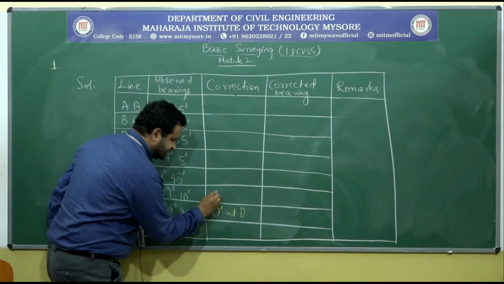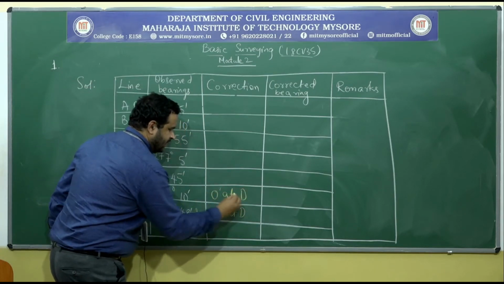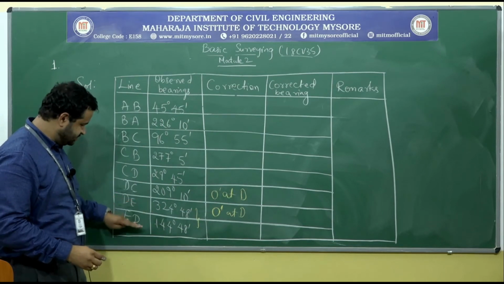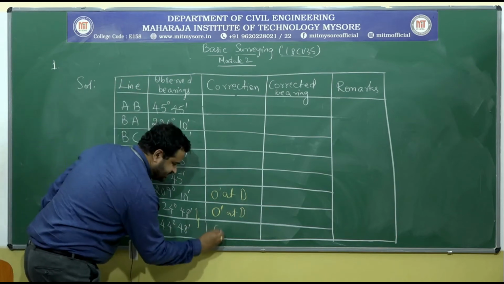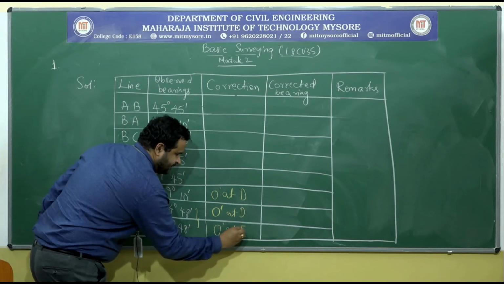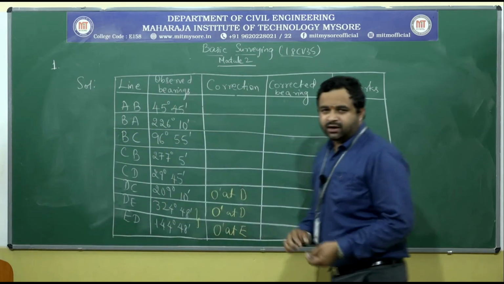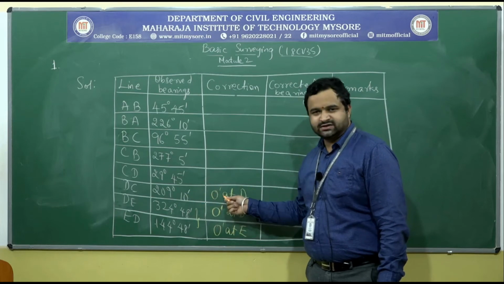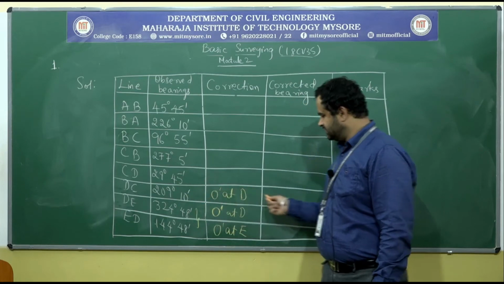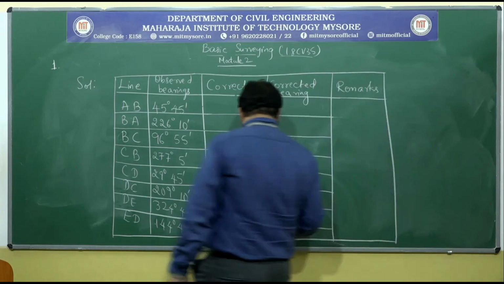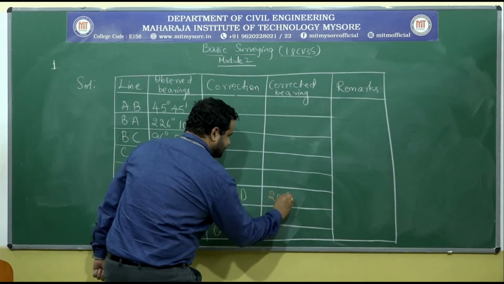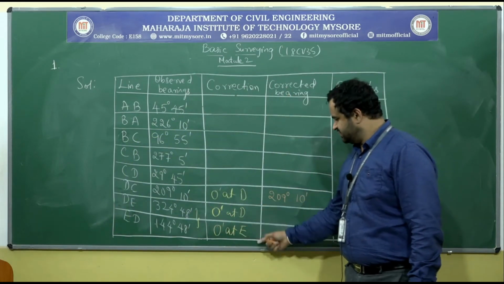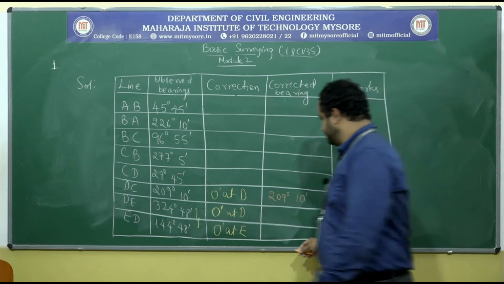You can write the same thing here, and since the difference between the forebearing and back bearing is equal to 180 degrees between these two, I can say there is 0 minutes correction to be applied at E. Now let me write the corrected bearings. Just add 209 degrees 10 minutes and 0 minutes correction, and we get the same thing here, 209 degrees 10 minutes. What about these two? Yes, you can write the same values here.